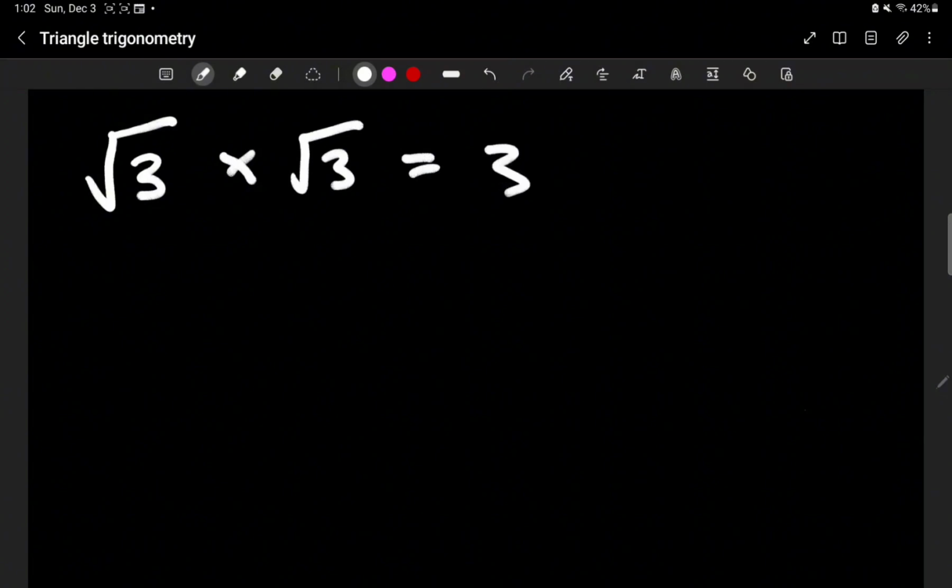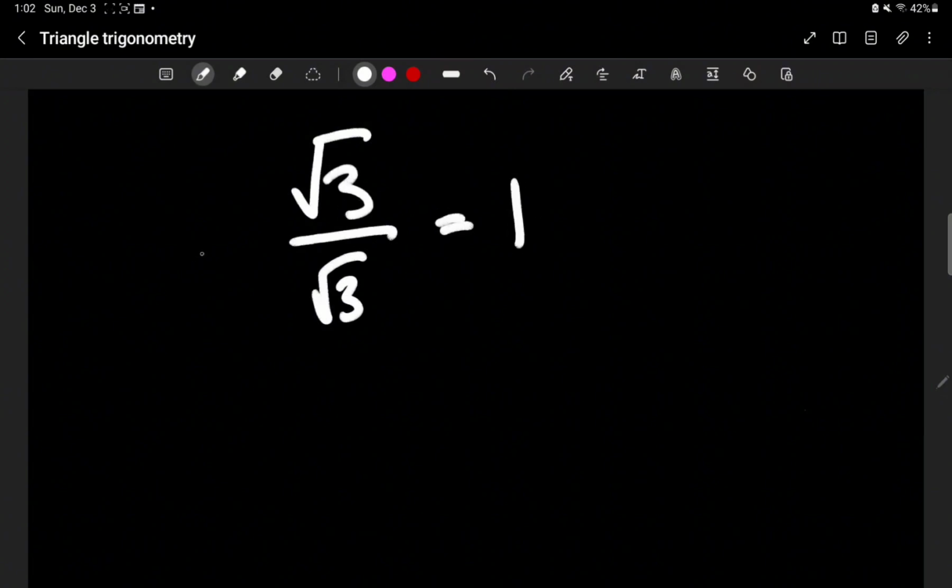The way to remove a radical is by multiplying the radical by itself. You also have to multiply the radical by the numerator of your fraction. Numerator and denominator have to be the same number so that it can equal 1. Like, the fraction that you're going to be multiplying your initial fraction by to get rid of the radical has